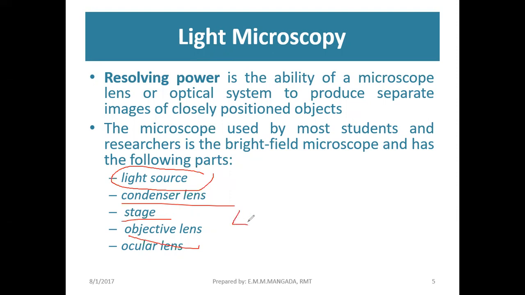So, di ba kung naalala nyo, your objective lens has the following magnifications. We have 4 times magnification, your 10 times magnification, your 40 times magnification, and then, of course, we have your 100 times magnification. Okay? So, your 4x is actually your scanning, and then we have your low power objective, and then your high power, and then of course your OIO or your oil immersion. So to get the total magnification, we just simply multiply these values with the magnification of your